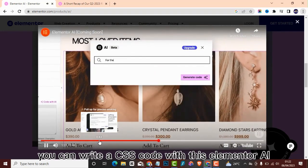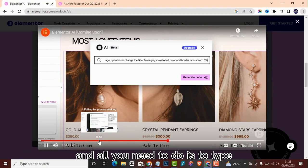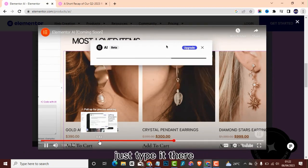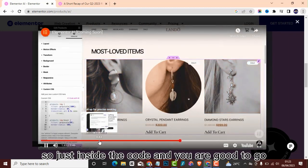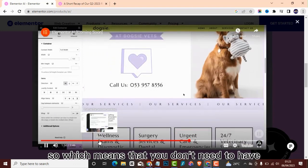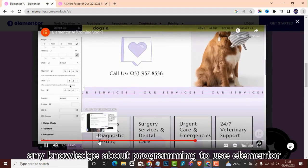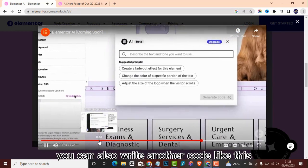You can write a CSS code with this Elementor AI, which means that you don't need to search for code online. All you need to do is to type the kind of code that you want to use. Just type it there and it will automatically write the code for you. So just insert the code and you are good to go. You can see how the code works. You don't need to write any single code, which means that you don't need to have any knowledge about programming to use Elementor. You can also write another code like this,